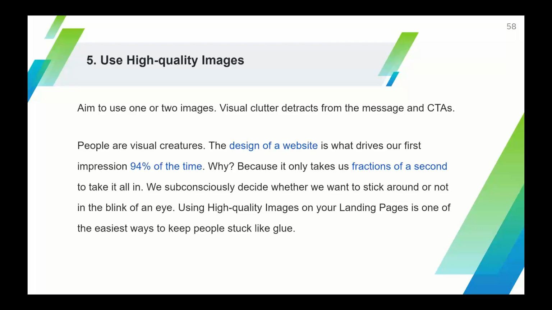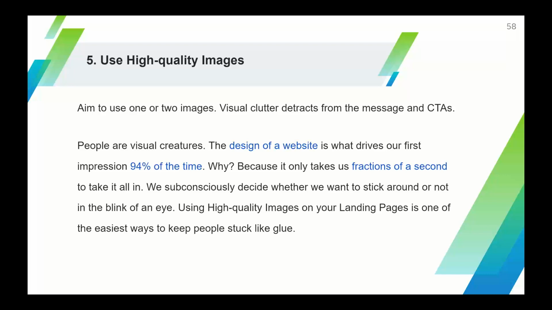The design of a website is what drives our first impression 94% of the time. So they judge your service and your product 94% on how it looks. And that only takes a fraction of a second to take it all in.